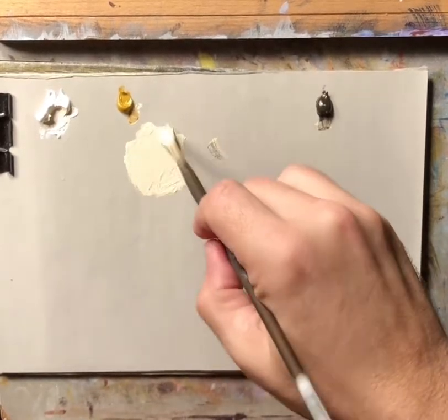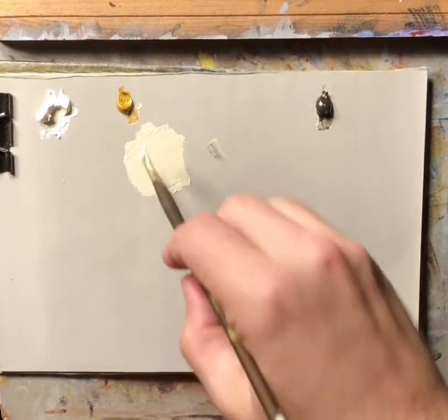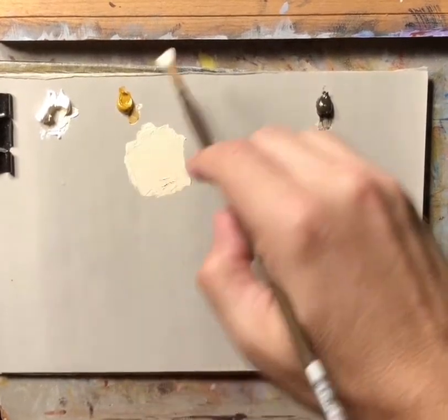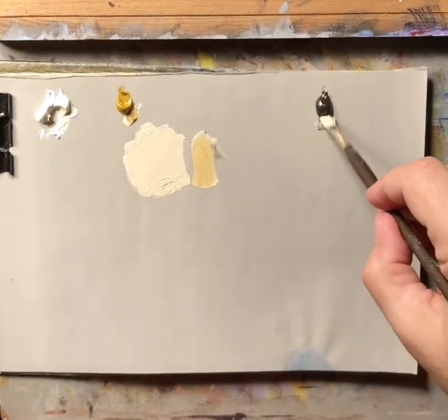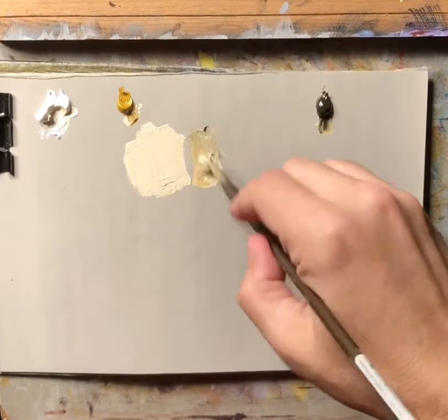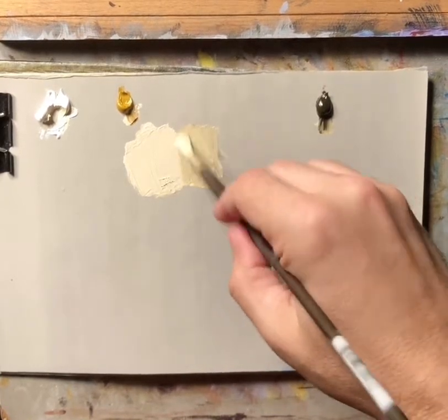And it's just a pretty color. It's a very light color. If you wanted to use this as the lightest part of your flesh tones, you could then add the pure white and give yourself a highlight. I'm going to add just a little bit more yellow ochre and a little bit more raw umber, and then you'll see that we can get darker variations of this off-white,